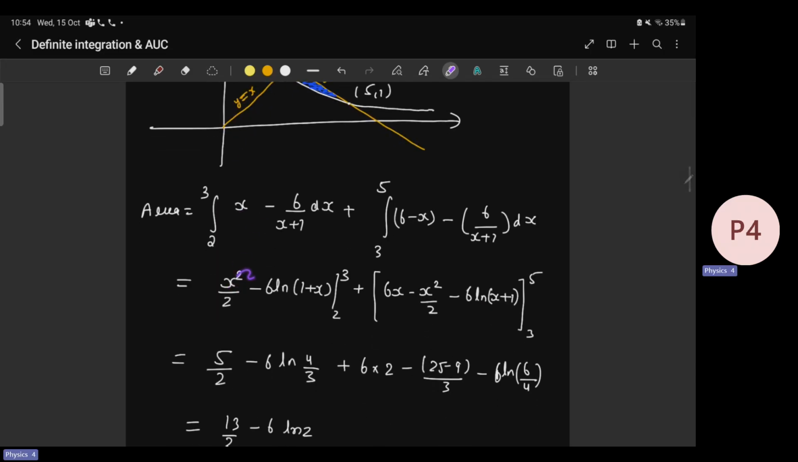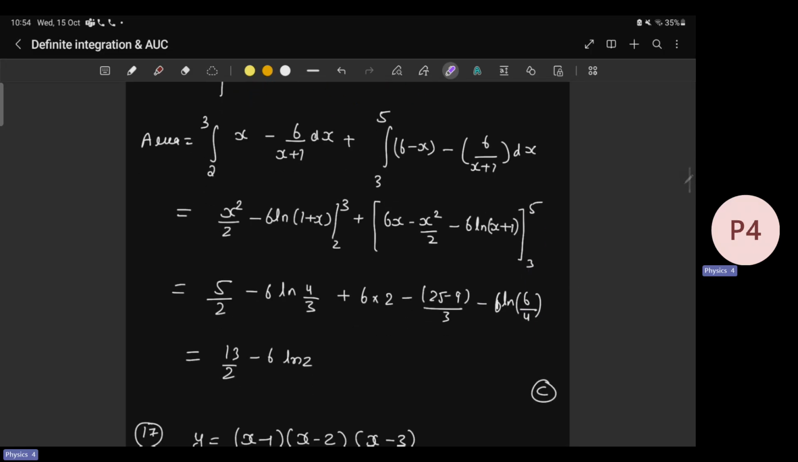Now integrate: x square by 2 minus 6 ln (x plus 1). Put the value of limit from 2 to 3. Now here, 6x minus x square by 2 minus 6 ln (x plus 1), limits 3 to 5. Now put the value 2 to 3, that is 3 square minus 2 square, that is 5 by 2, minus 6 ln 4 by 3. Now 6x is 5 minus 3, 2, minus 1 by 2